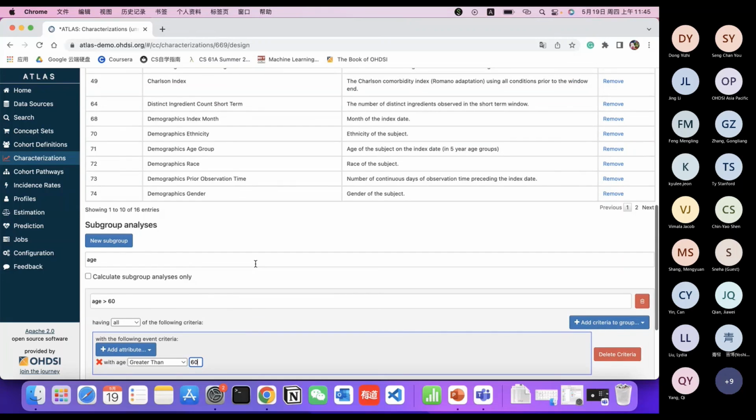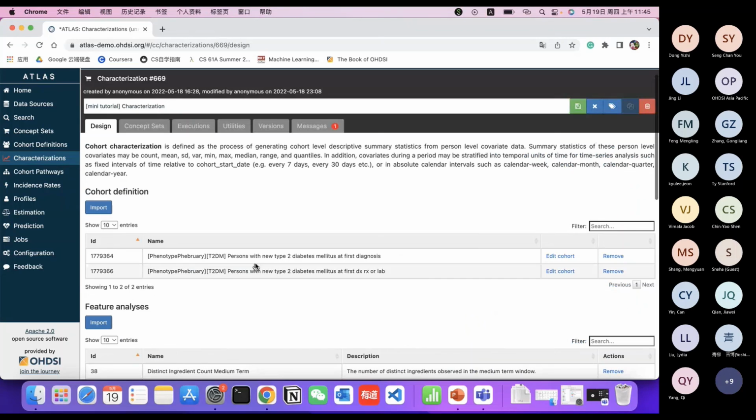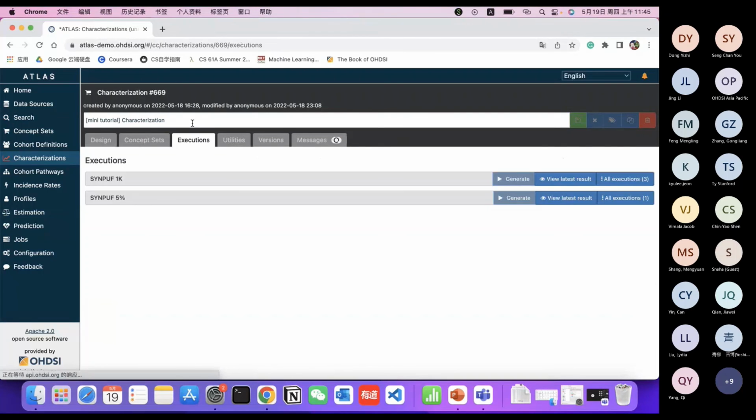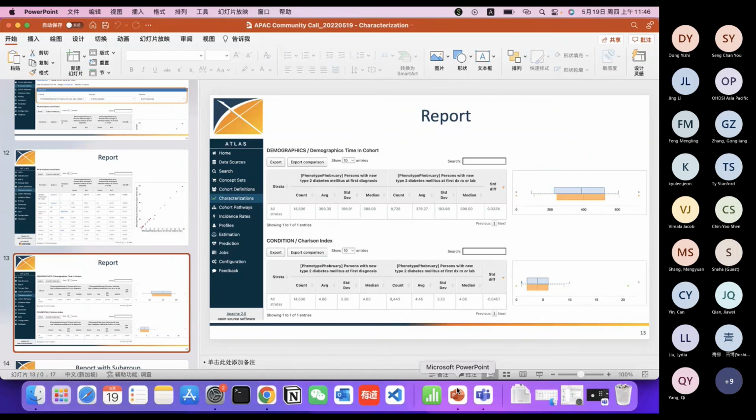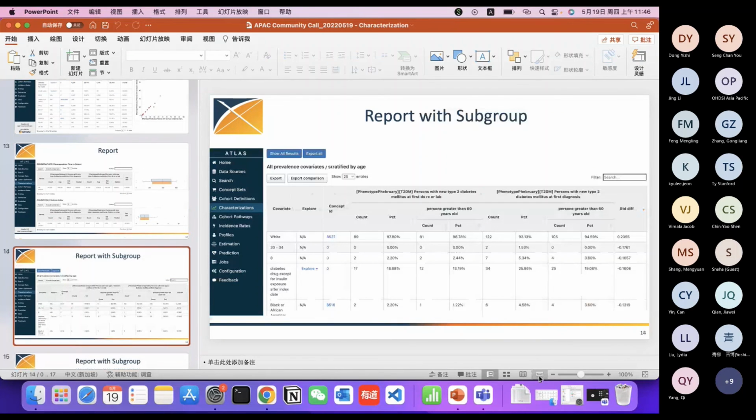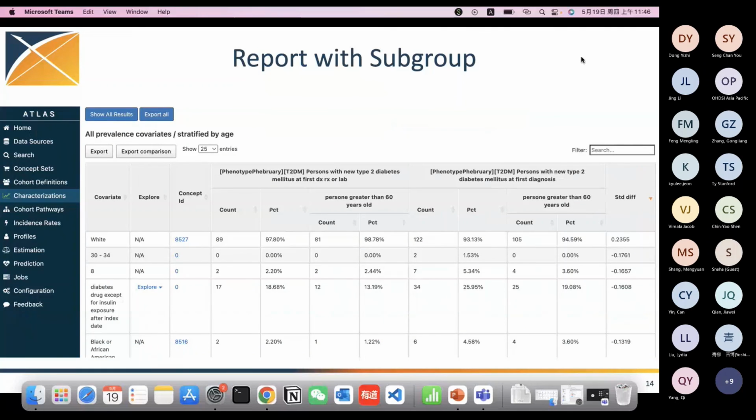After that, you can save the characterization again, go to the execution page, and generate the report again. I will show you using screenshots. This is how it looks if you generate the result with the subgroup analysis.